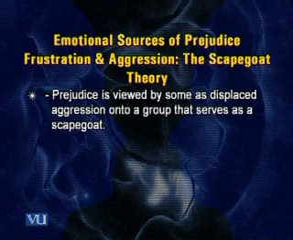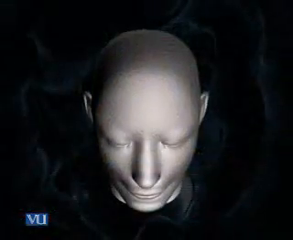So prejudice is viewed by some as displaced aggression onto a group that serves as a scapegoat. Research has shown that when the source is unknown or dangerous, or perceived as dangerous, then usually the hostility that a person feels is directed towards some convenient scapegoat. First World War के बाद ये देखा गया था कि जब जर्मन्स को शिकस्त हुई, तो as a result there was economic depression when they were defeated, and many Germans thought that Jews could be used as a very convenient